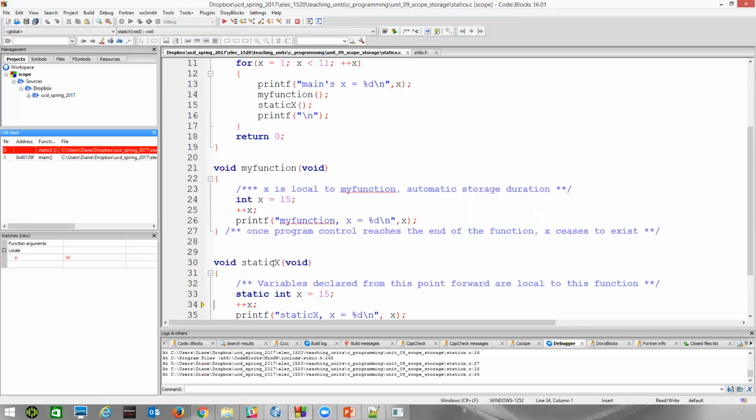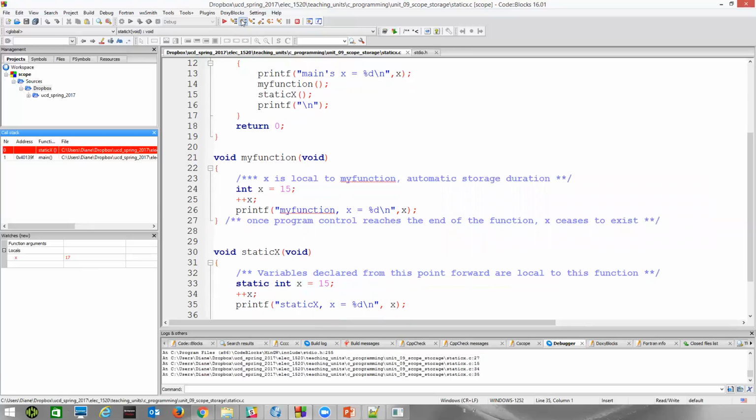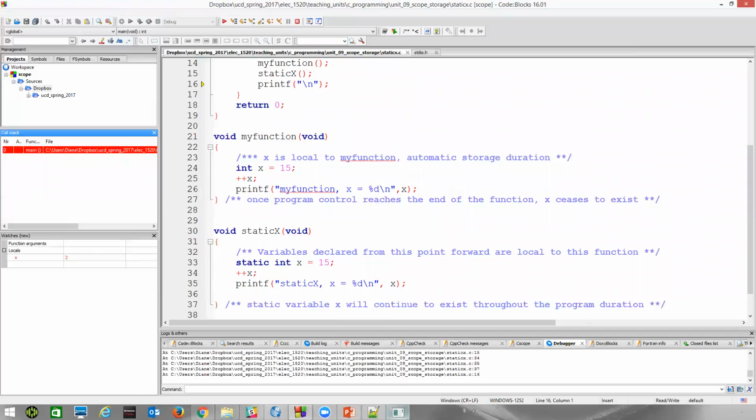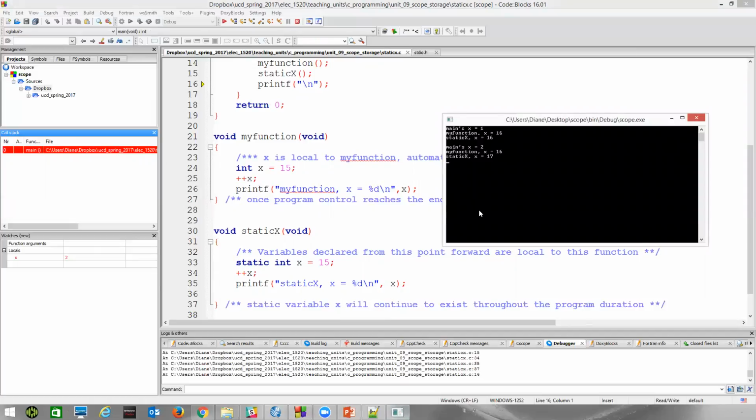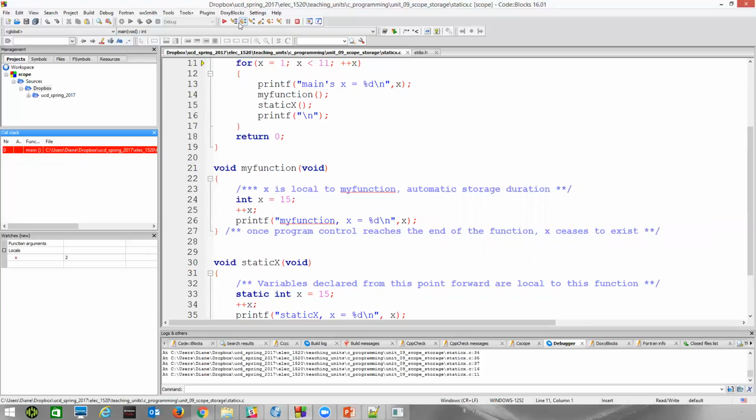So now that we're back in this function static x, notice its x retained its value of 16, same value it had when we left. Right, we're going to add 1 to it. We'll print that out. Right, we get done. We can see then that static x retained its value and is now 17. Right, now we're back here in main. We'll go ahead and print out that blank line. Here in main, this x has a value of 2. We'll add 1 to it. All right, 3 will be less than 11.